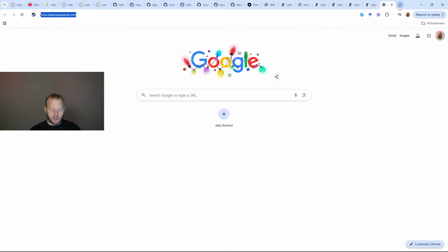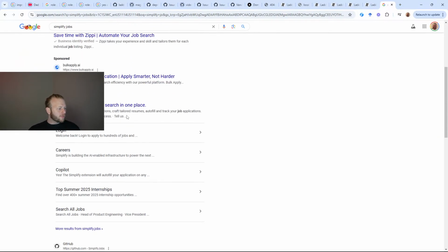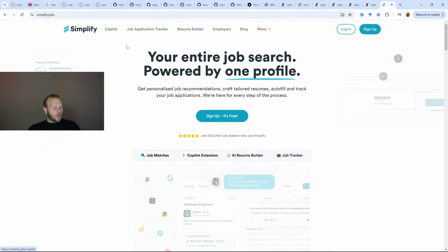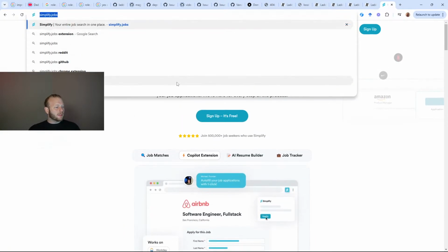And in case people aren't familiar with this, it'd be Simplify Jobs. Do they actually have jobs on the site itself? So they have this Copilot tool. It's worth mentioning.